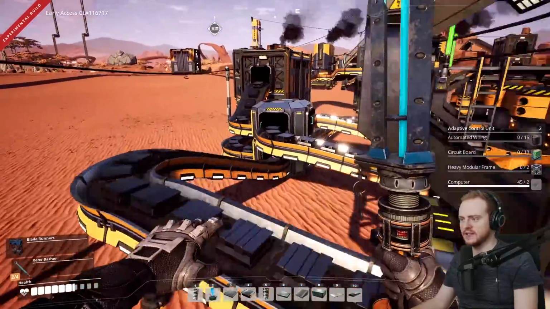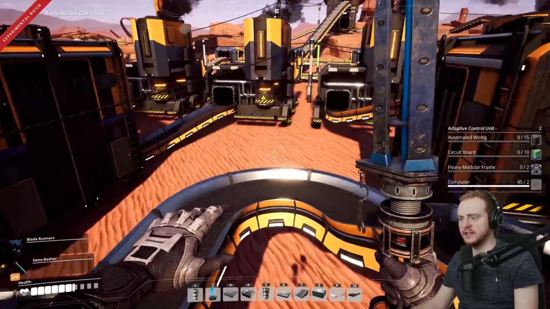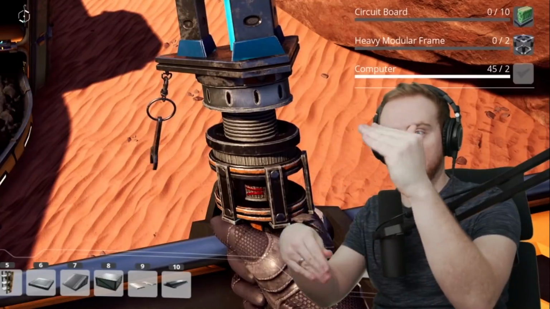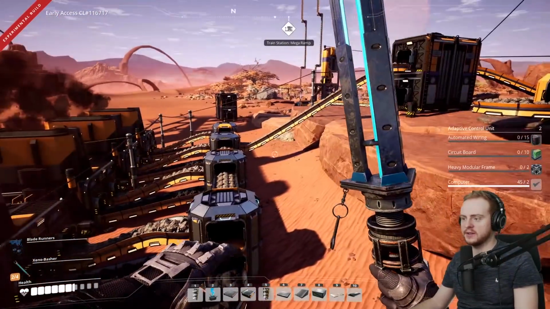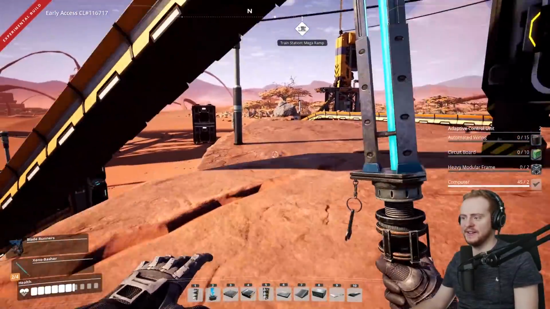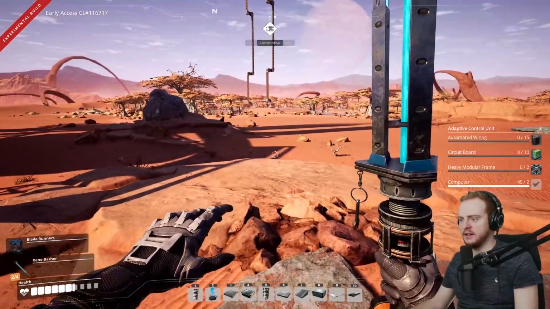So we've got constructors there. We've got foundries. As you can see, it is all lined up nicely. Like I said, I wish it was on foundations, but it's not. So unfortunately, that's where we're at. So yeah. Now, as you can see over here, if I go to our train mega ramp station, you'll see